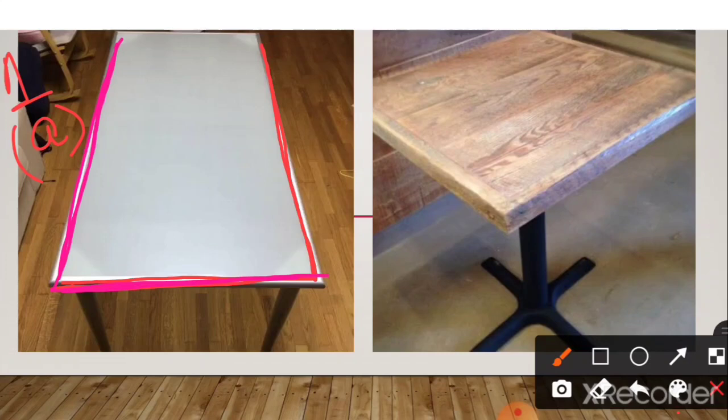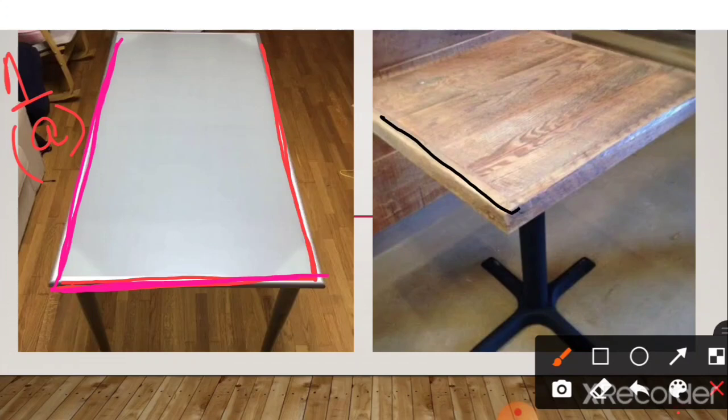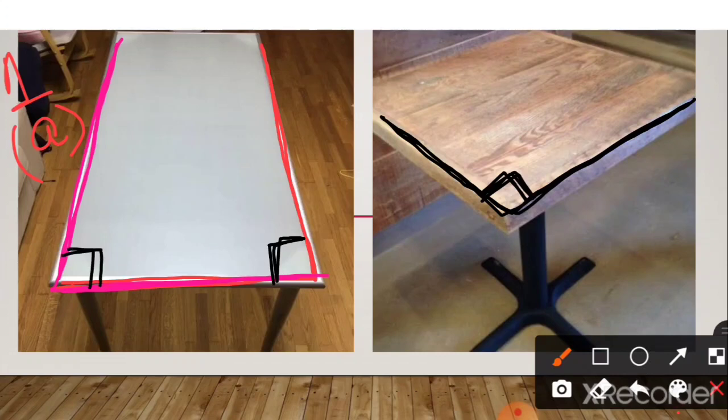We have one more picture, so we will discuss the adjacent edges of tabletop from here. So these are the two adjacent edges. So you need to check whether these are perpendicular to each other or not. So students, you can check what do you mean by perpendicular lines? The lines in which angle is of 90 degree, right? And you know these are rectangular tables, right? So these two adjacent edges are the model of perpendicular lines. Here in the first table also you can check this angle is of 90 degree. So it means these are the models of perpendicular lines.